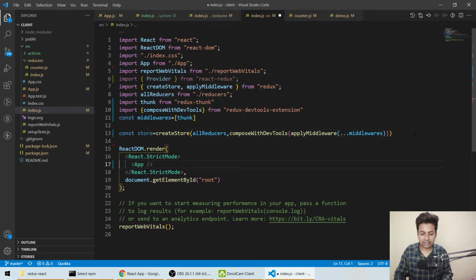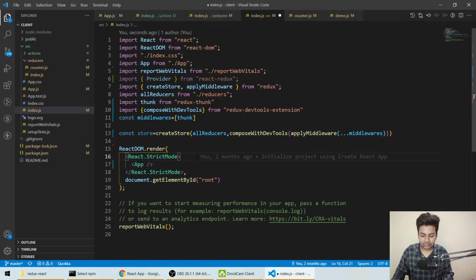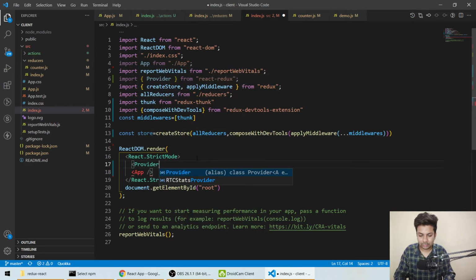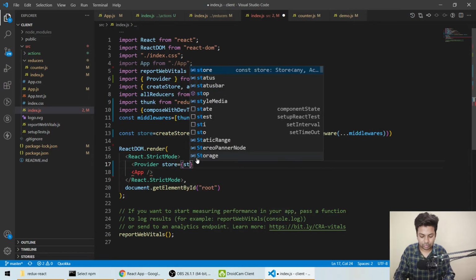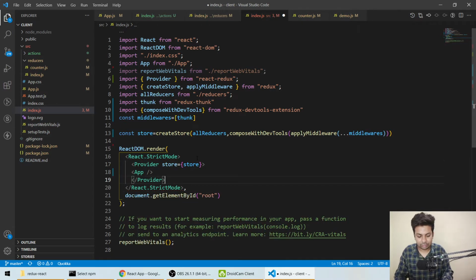Now we'll wrap the App component in one thing. We'll say Provider store equals store. We'll close it, cut the App, and here press enter and do like this.